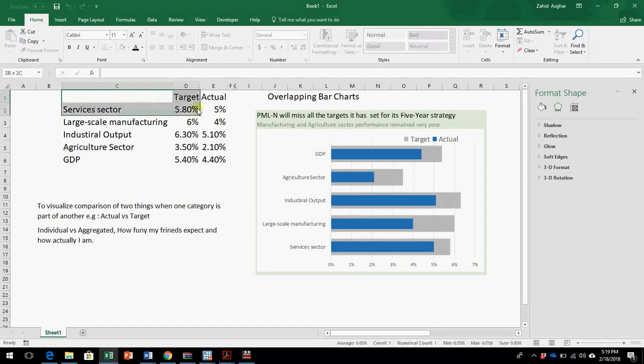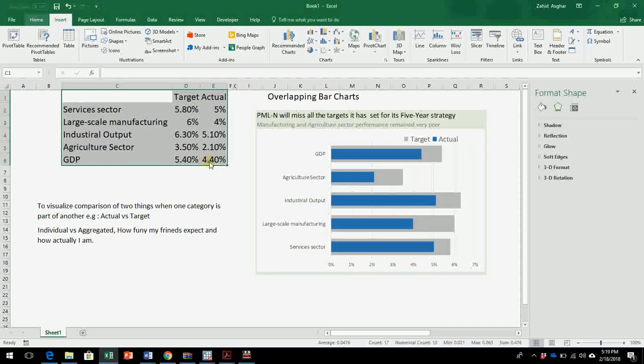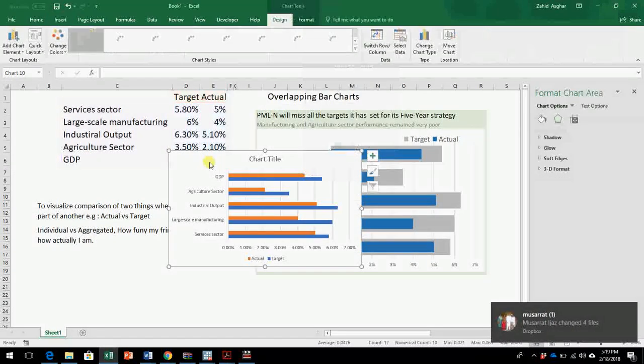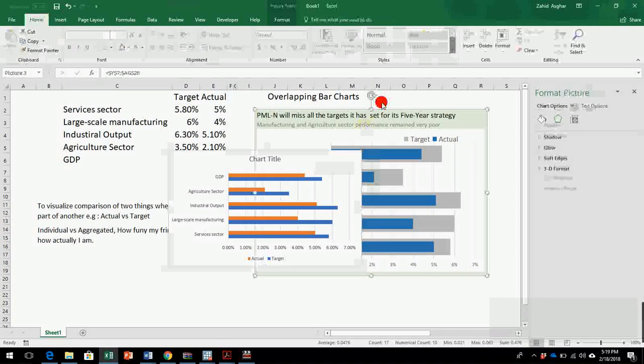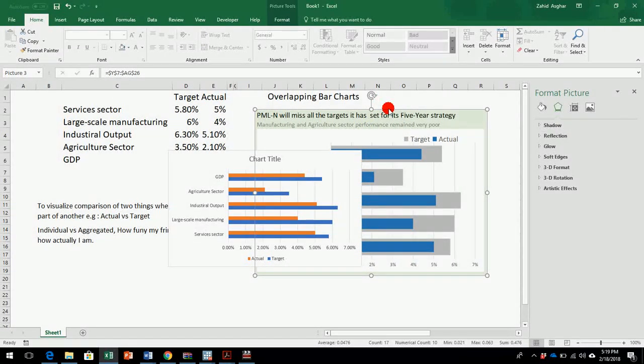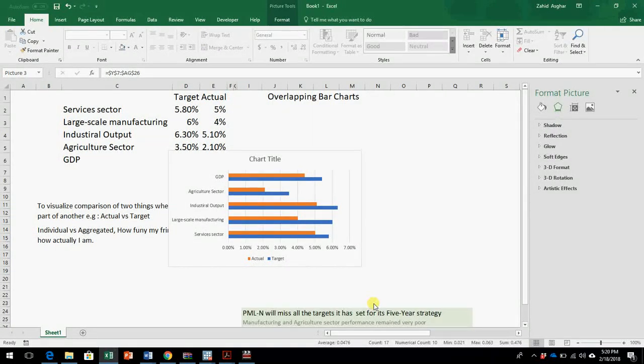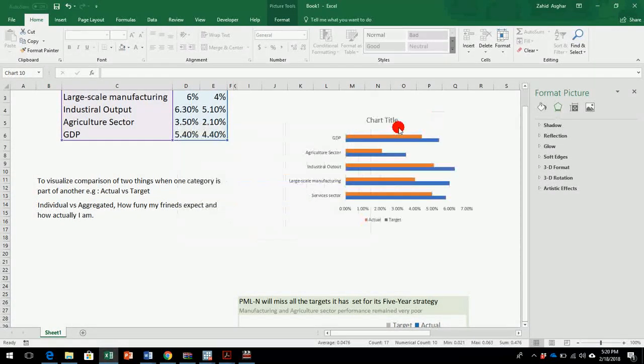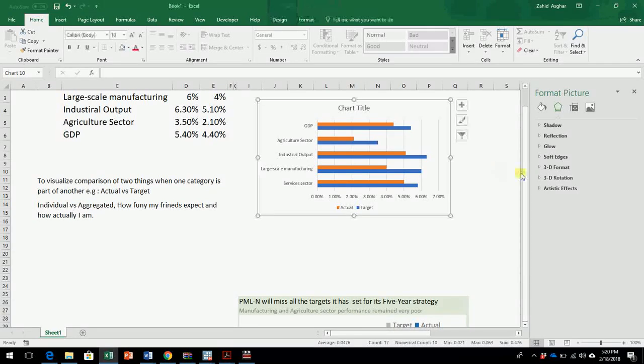We just select these two columns along with their labels, press Alt and F1 to make a bar chart, not a column chart, because the labels are long. So you have this bar chart, and we can now take it down so that we can construct this chart the same way as I have constructed